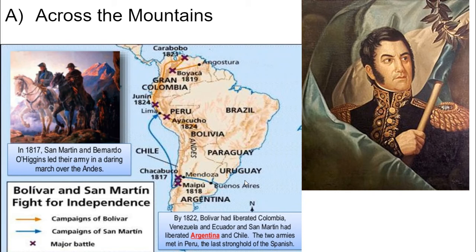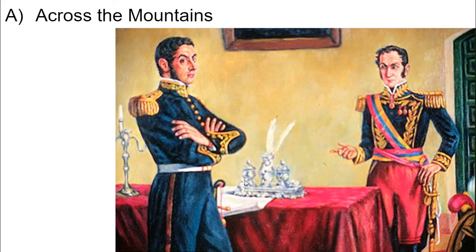San Martin's story is interesting. Unfortunately, we don't have time to tell it today, but just know he's an incredibly effective organizer. He liberates Argentina, then liberates Chile, and then moves up to start liberating Peru. And he and Bolivar eventually meet in Peru to discuss the future of Latin America. Unfortunately, they disagree about what that future should be, and San Martin decides that he's had enough, he's done what he's going to do, and he leaves, giving Bolivar control over pretty much all of Latin America.